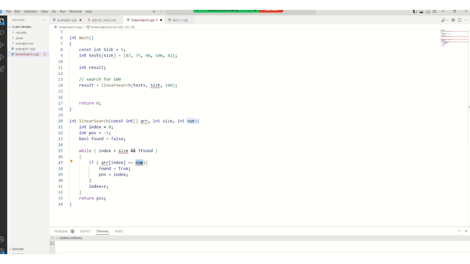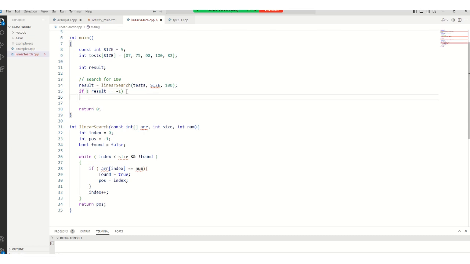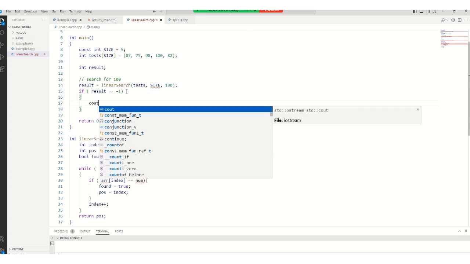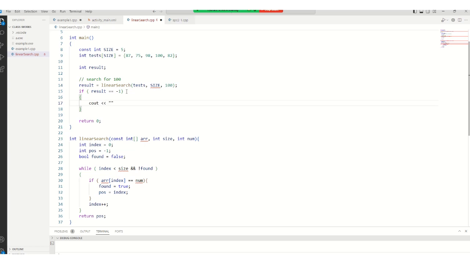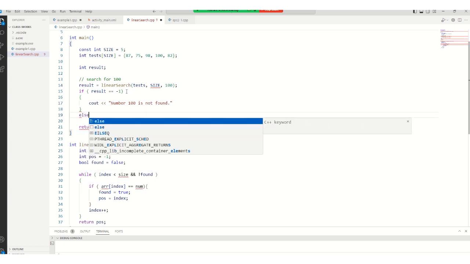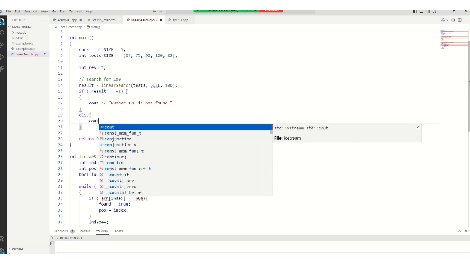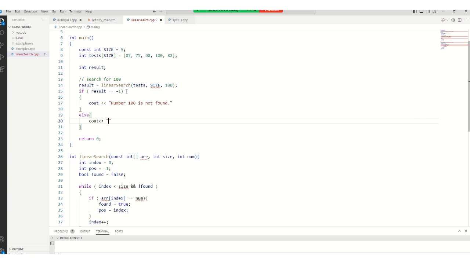So once you do that, now come here, you can say if result equals -1, that is your default value. If you don't find it, it is -1, you can say cout, that is outputting this statement, that let's say number 100 is not found. Or you can say else here, you can say cout number 100 is found